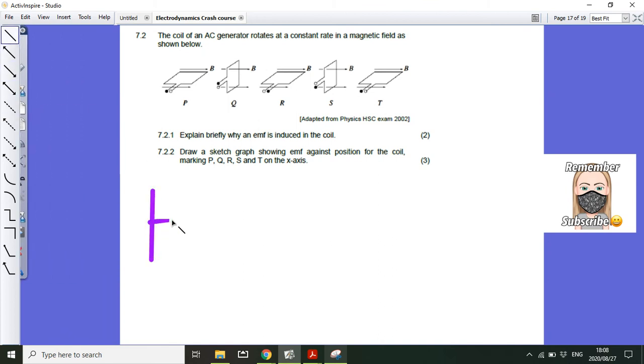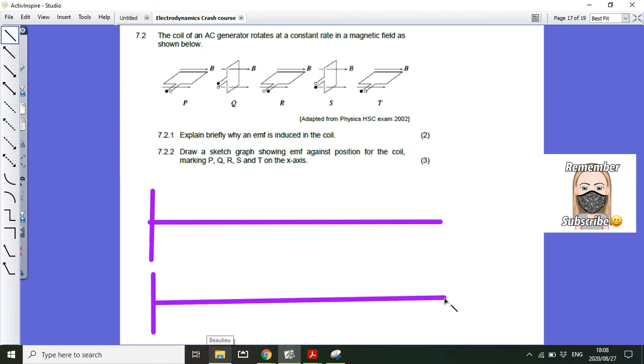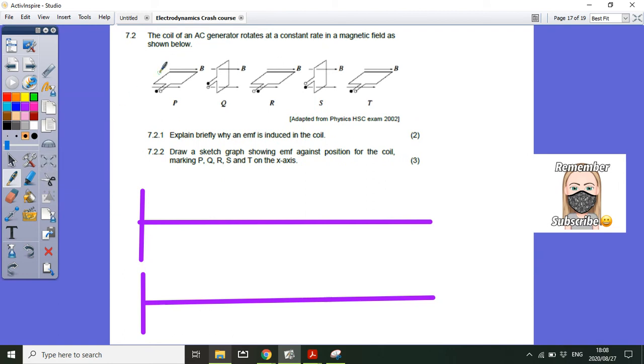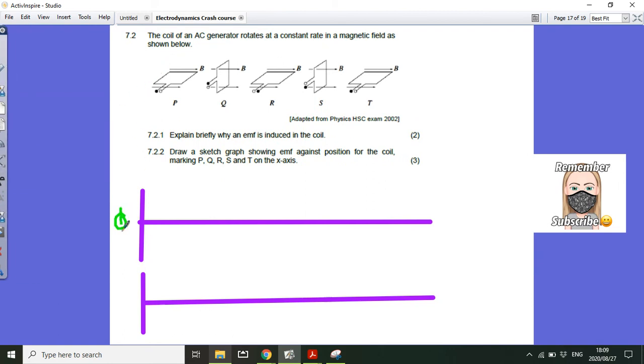Now, I always want to draw the flux graph first because that's the one that makes the most sense, because you can think about the lines passing through the coil and you have the mathematical equation for it as well. So I would always go and draw a little flux graph because you know that the EMF is going to be the negative gradient of the flux graph coming from Faraday's law of electromagnetic